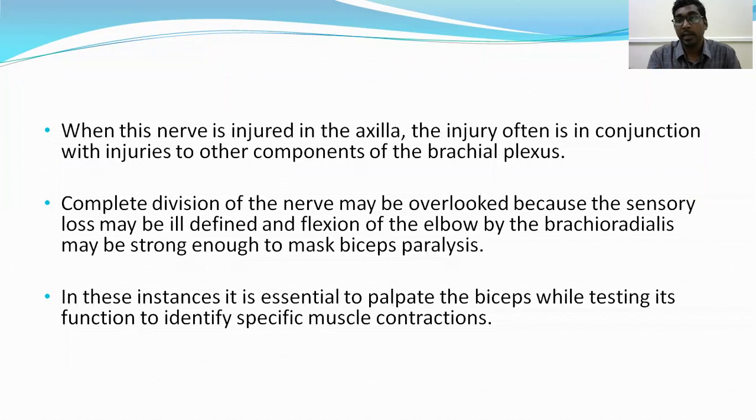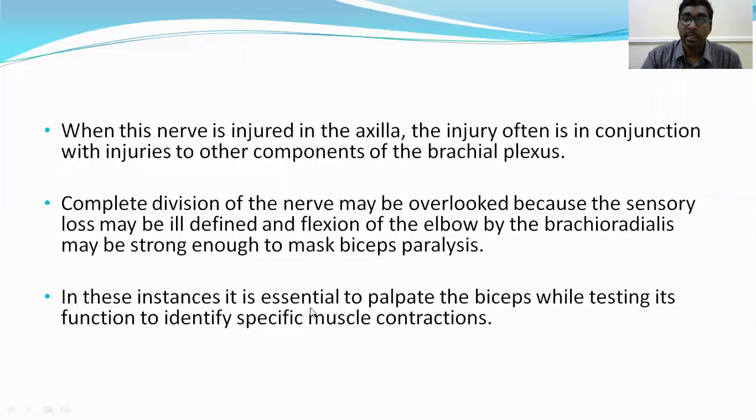The other disability in musculocutaneous nerve injury is that flexion of the elbow is impaired because the biceps is damaged. But another strong muscle in the lateral half of the arm, the brachioradialis, also produces elbow flexion. So the brachioradialis masks the paralysis of the biceps caused by the musculocutaneous nerve injury. As in the case of the deltoid, you have to keep an eye on the biceps and observe its contraction so that you can assess whether musculocutaneous nerve injury is present or not.